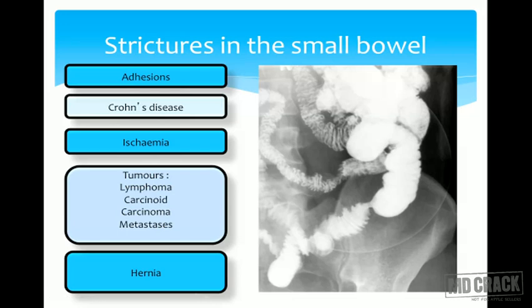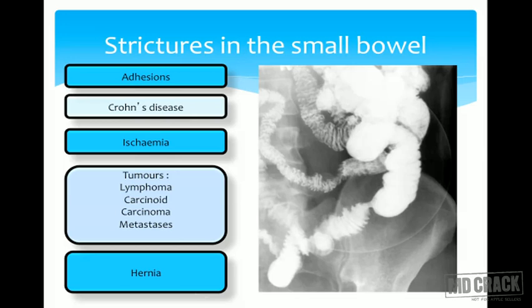Strictures in the small bowel. What are the common causes of strictures in the small bowel? These are adhesions, Crohn's disease, ischemia, tumors, which would be your lymphoma, carcinoma, metastasis, and hernia. When I say stricture, the pathology might be either within the lumen of the bowel,